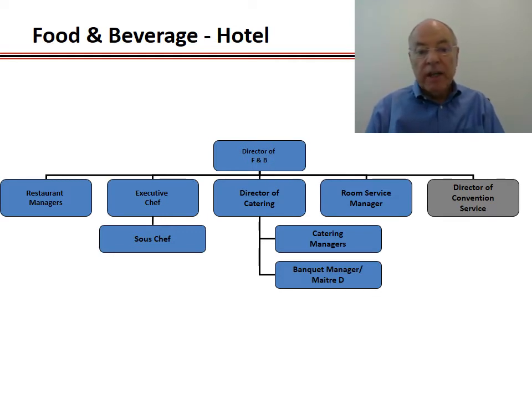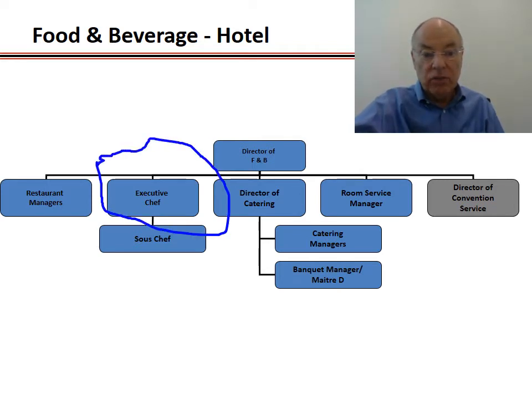Restaurant managers, executive chef. Now, this is one area here. I'll circle this executive chef. My circles are not great, but I circle the executive chef. This area here, in a lot of hotel companies, especially the ones that focus more on the food and beverage side, this person reports directly to the general manager and not to the food and beverage director. In a Marriott type operation, they typically report to food and beverage operations.